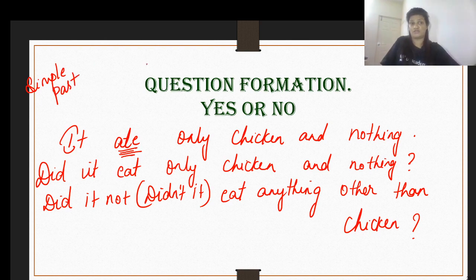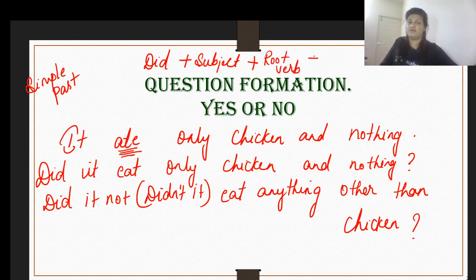the sentence structure is did. Soon after did, you will have your subject and then the root verb. You will have your root verb and then the complement. To make it negative, you will have to bring in "not" over here or here, depending upon whether you want to keep it contracted or not. But the condition is, when you have did in a statement, use the root verb.